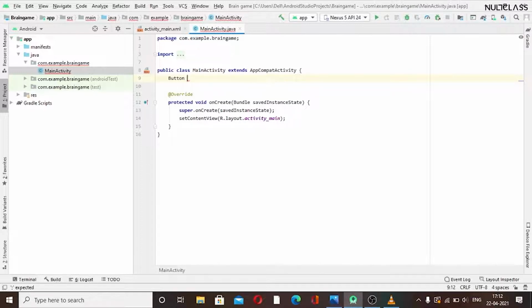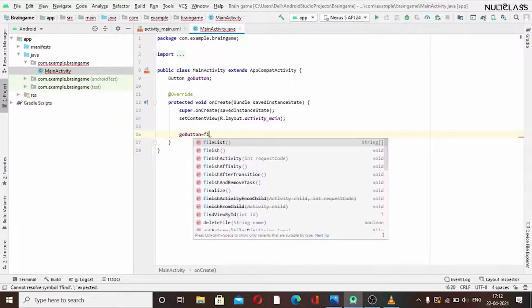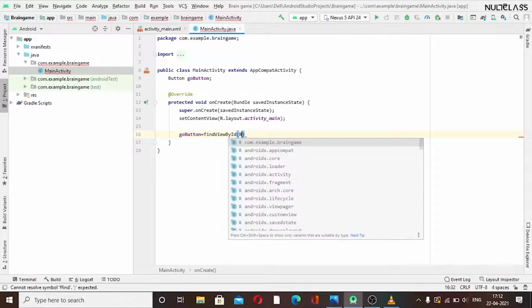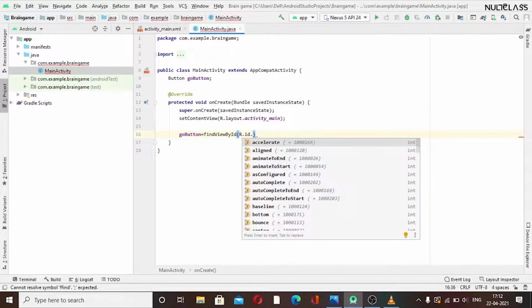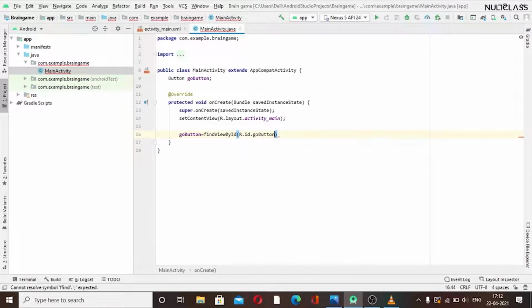We have to give the button which we have given the id. So I have given go button as its id, so I will go with the same. And in the onCreate method we have to declare its position. So we will use goButton is equal to findViewById R.id.goButton. Okay, so this works fine.